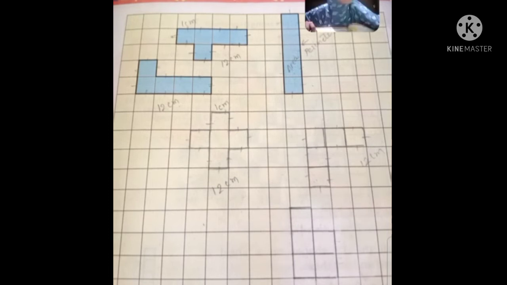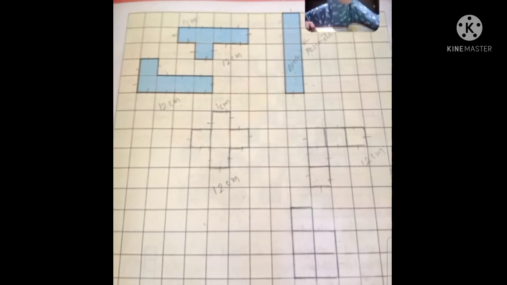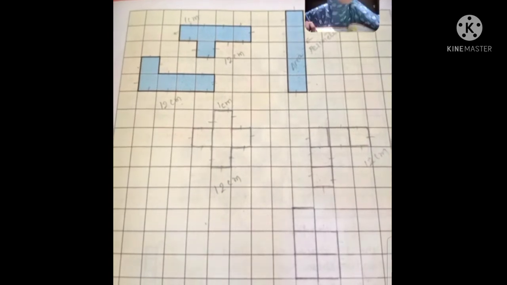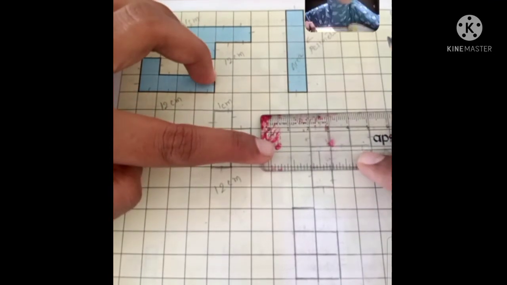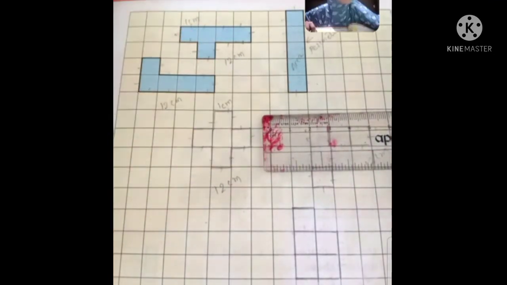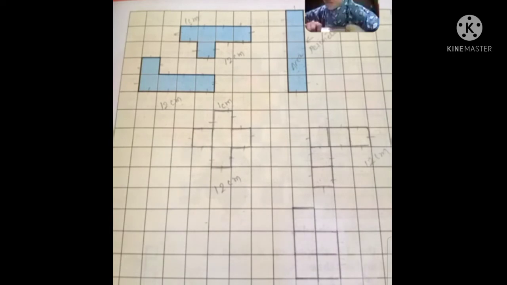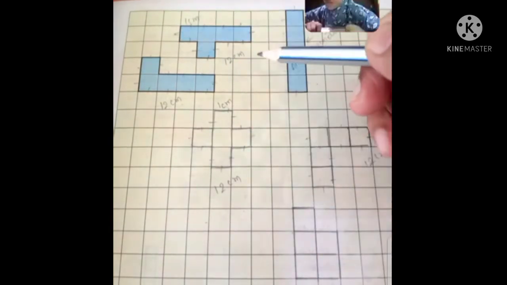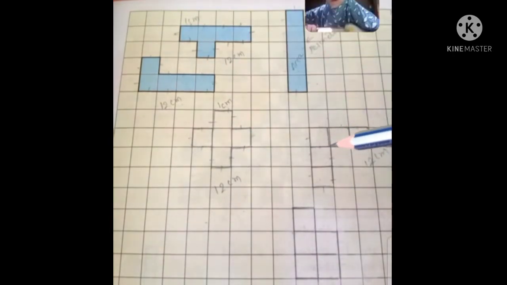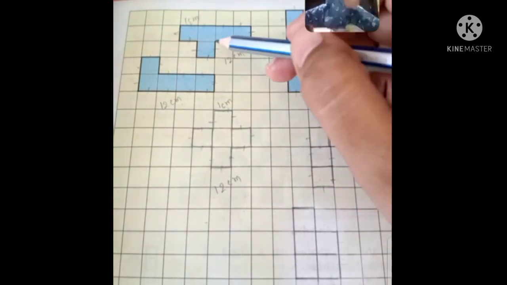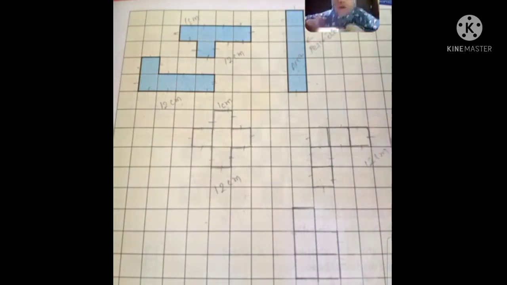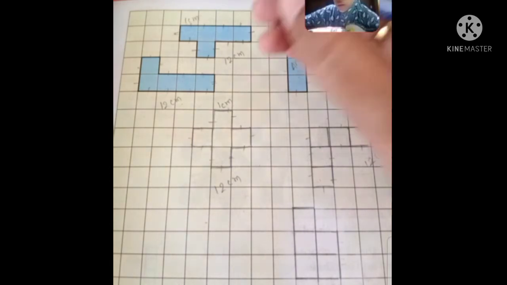So let's count this first shape's boundary. Everyone clear? This black outer line is called the boundary. And for finding the boundary, that is, finding the perimeter, we have to add all the sides. See here, this one is 1, 2, 3, 4, 5, 6, 7, 8, 9, 10, 11, 12. Okay, so you can cut this shape this way so you can count it properly without any mistake. So the shape's boundary is 12 centimeter. See this one here, count everyone. What is the boundary of the shape?